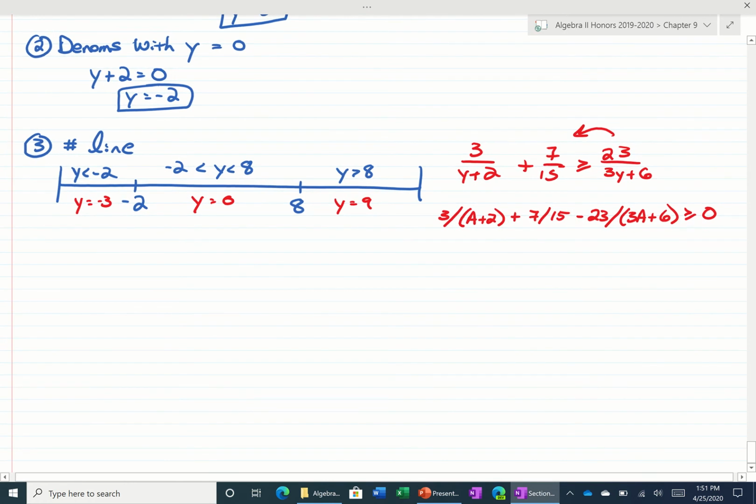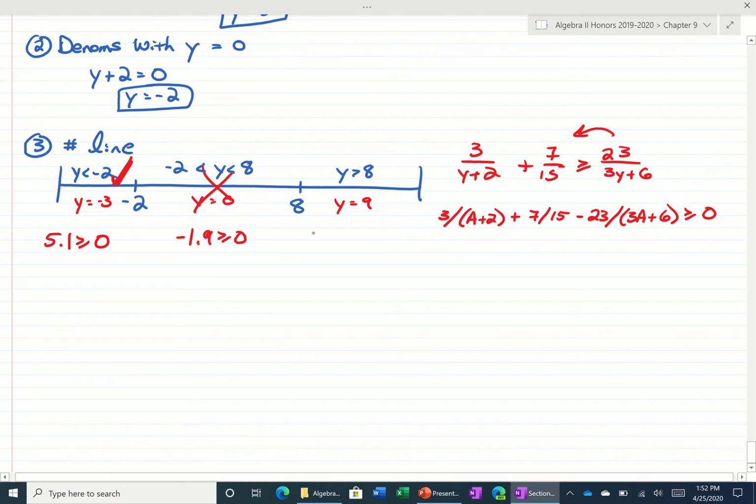I'm going to store -3. I'm going to type in 3 divided by mem variable a plus 2, and plus 7 over 15, minus 23 divided by parentheses 3a plus 6. And my calculator is telling me it's 5.1 is greater than or equal to 0. It's true. That's 0. Store 0. It's very quickly. Our calculator plugs it in. Get -1.9 is greater than or equal to 0. That's not true. And if we plug in 9,